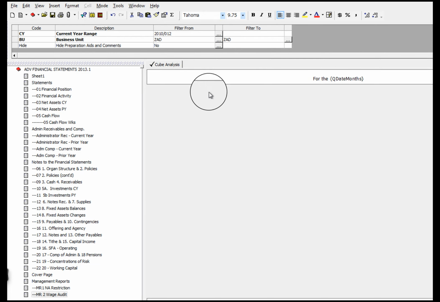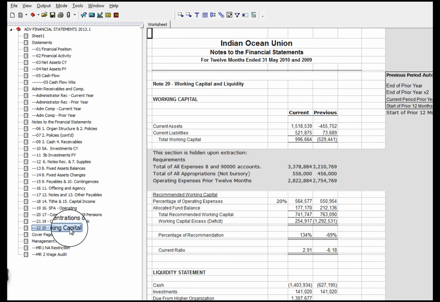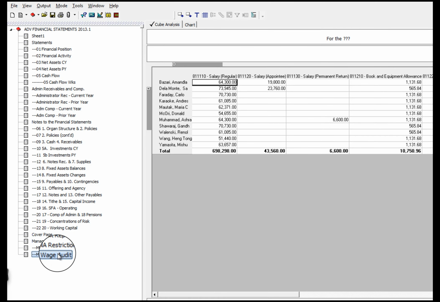And so now I can extract my report. A little bit there to keep you from being bored. And so now we go down to our, excuse me, our wage audit page, and you see we have our wage audit, and it is now just a regular report like all the other pages. It's not a drill down. It's something that could be saved. It doesn't have to be worried about it maintaining.